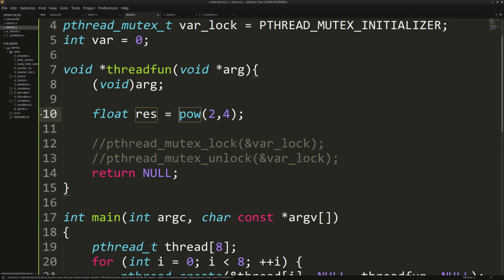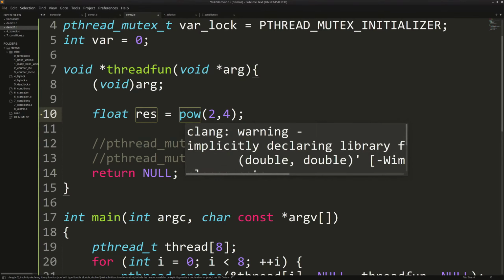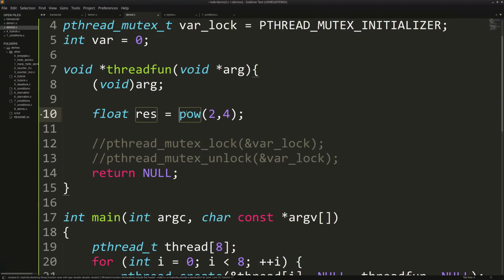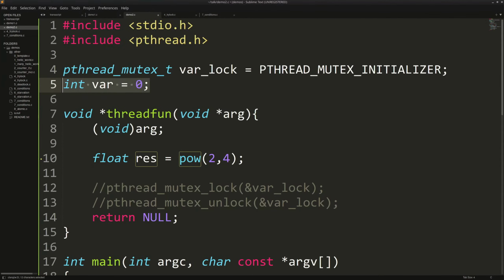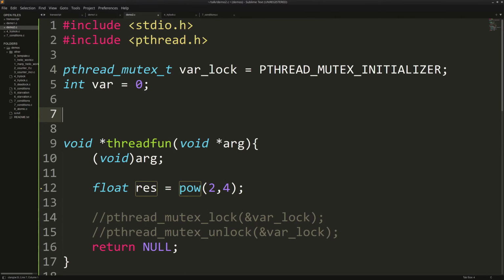But some functions require that only one thread at a time has access to it, right? Because maybe they are internally relying on something like a global variable. And so what happens in those cases is, what I like to do is wrap it. So let's suppose for a second that pow is thread unsafe. It isn't, but let's suppose it is.